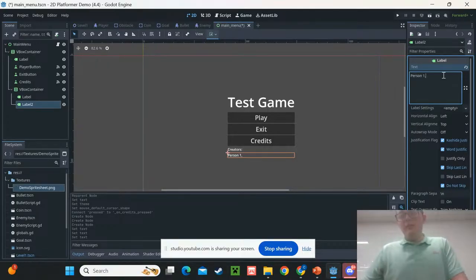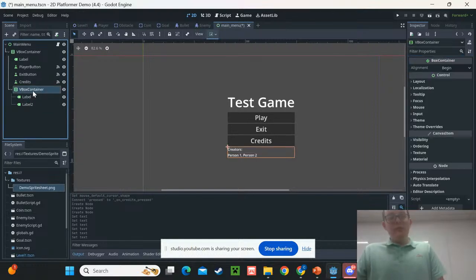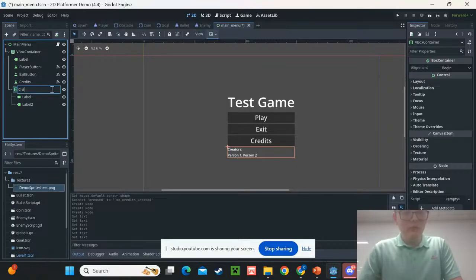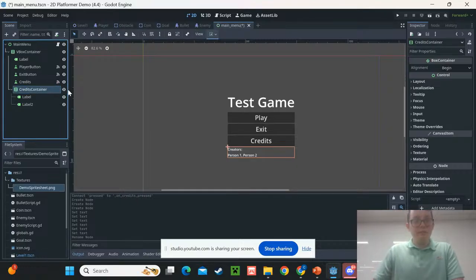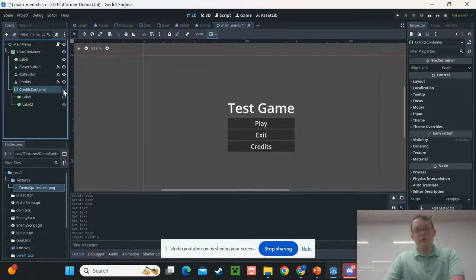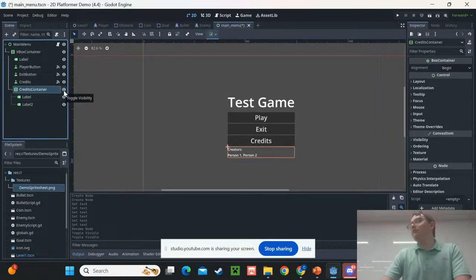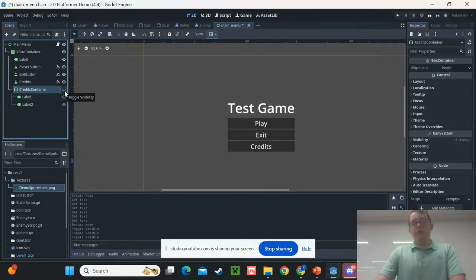All right. All I had done is I just put in these two labels. I put creators in one and then person 1, person 2 in the other. It doesn't really matter what you put in them. This is just to sort of demonstrate what you can do. So I'm going to call this credits container, just so I know what I'm talking about. Now I'm going to click on the eye there to toggle its visibility. And something you should know is that everything adjusts its position based on that visibility. So that's going to come in handy for the next thing I'm doing,